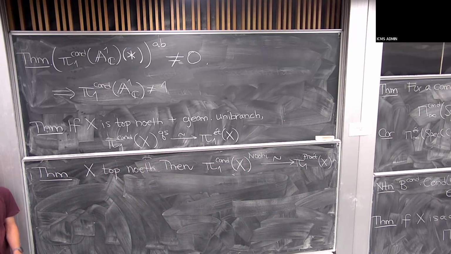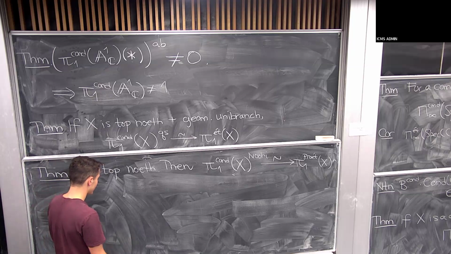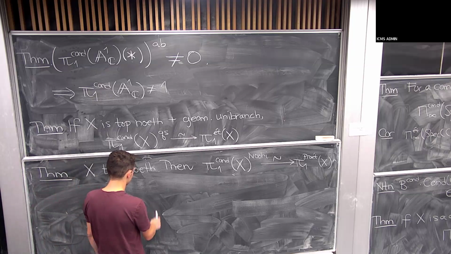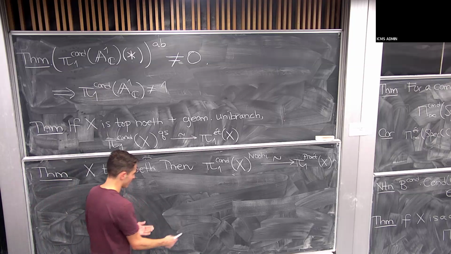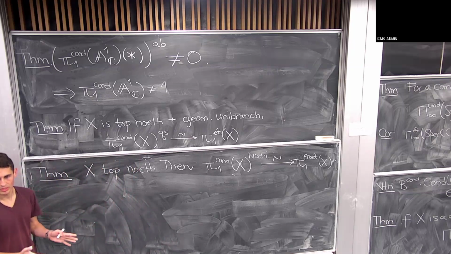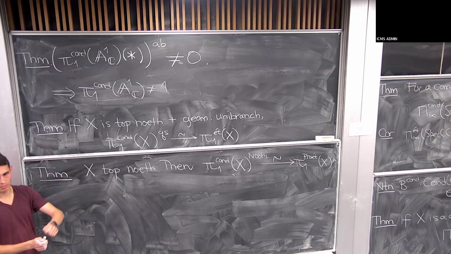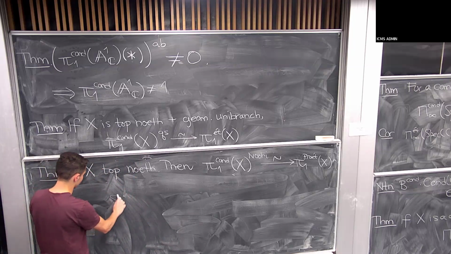When you say a local system on A1C, what kind of data is it specifically? Yeah, what you should say is it's a pro-étale sheaf on A1C. And then to say it's a local system is slightly complicated. What you should say is that there exists a pro-étale cover by W-contractible affine schemes, so that when you pull back to these things, it comes from some natural comparison between